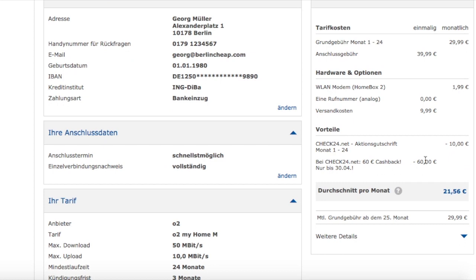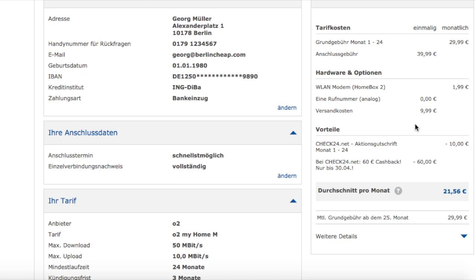Cashback means Check24 says now, hey, thanks that you ordered it via us, and because we get some commission from O2 for this, then we want to share that commission with you. And so if you prove to us that you actually really ordered this contract and you are using the O2 contract, then you will get €60.